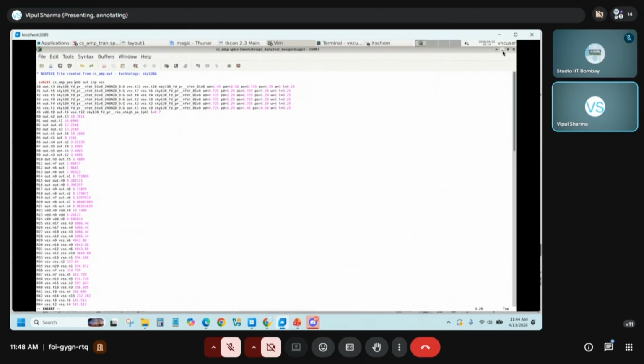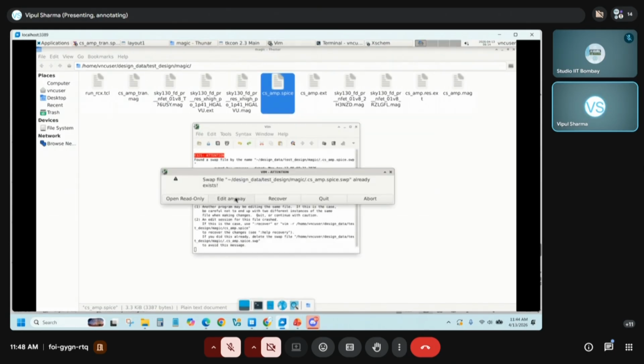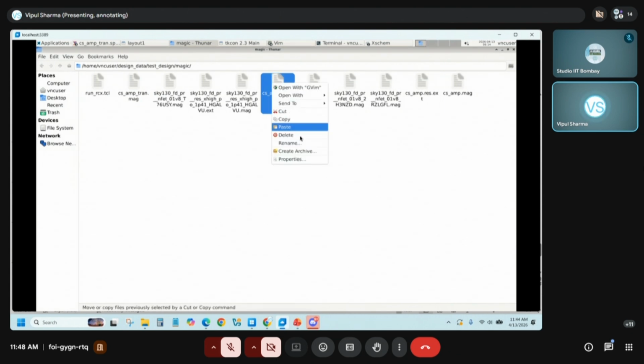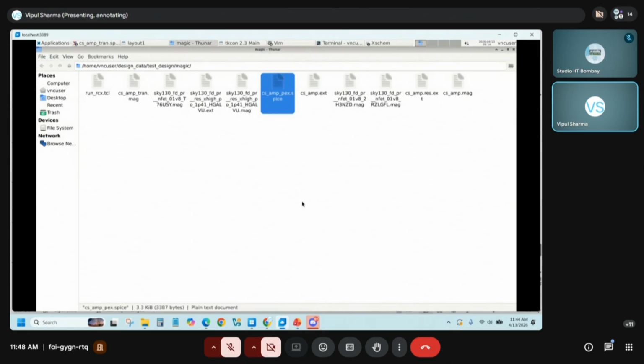Okay. And now this netlist has been done, and I will also rename this netlist so that I can understand this is my PEX netlist, not a LVS netlist. Yeah. So once this is done, now my PEX netlist is ready for including in my schematic and test benches